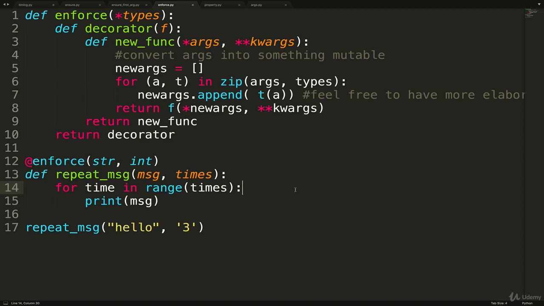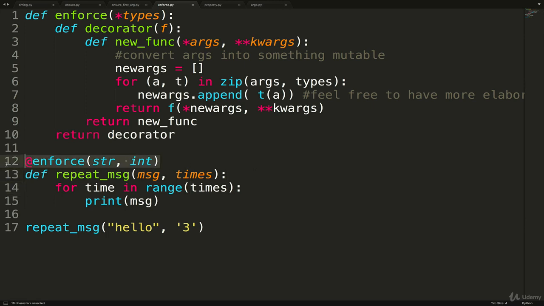What this does is it enforces types on whatever function we define. It looks like this. It's called enforce, and I can pass in a string and an int. This basically guarantees that this needs to be a string and this needs to be an int. But not only that, it's also going to try to change this into a string if it's not, and change this into an int. That's the more Pythonic way of doing things, trying to convert types and avoid problems if possible. If you can convert a float to an int and have it work, that's great, rather than freaking out that, hey, this float is not an int.